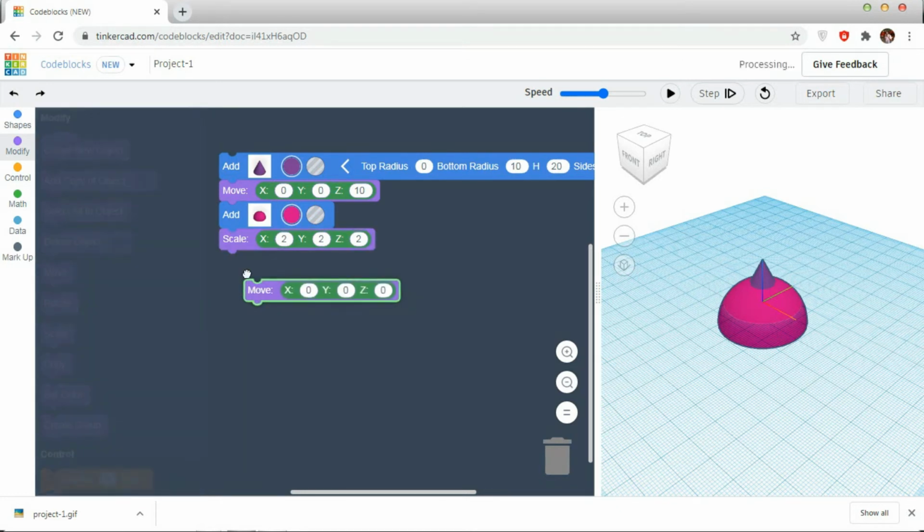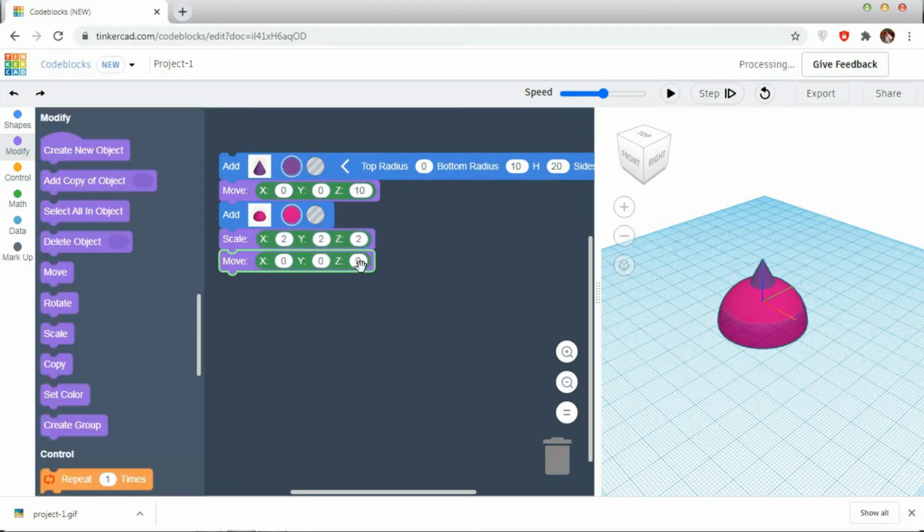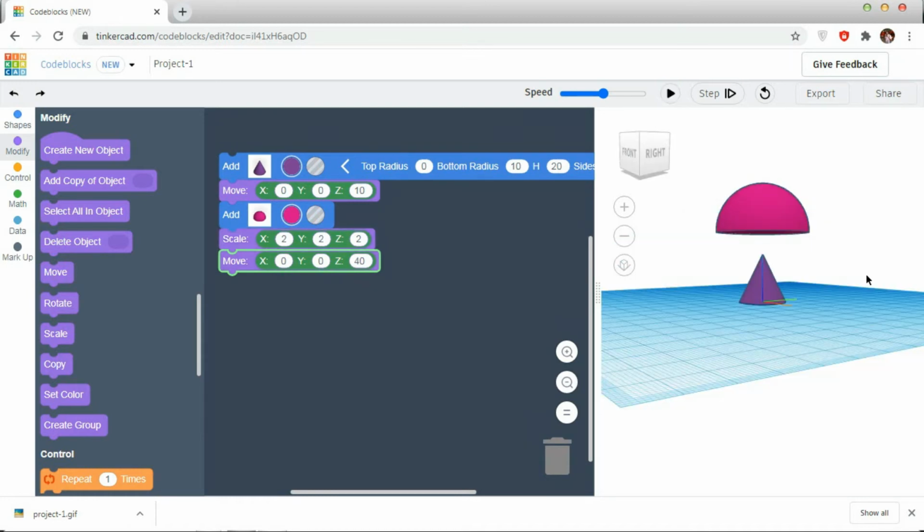So I'm going to take a move, and I'm going to move in z-axis by 40. Object created, moved above. So my half sphere is created, modified, and moved above the plane by 40 units.